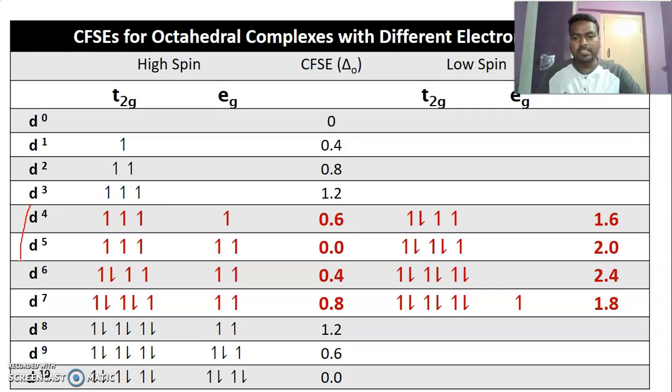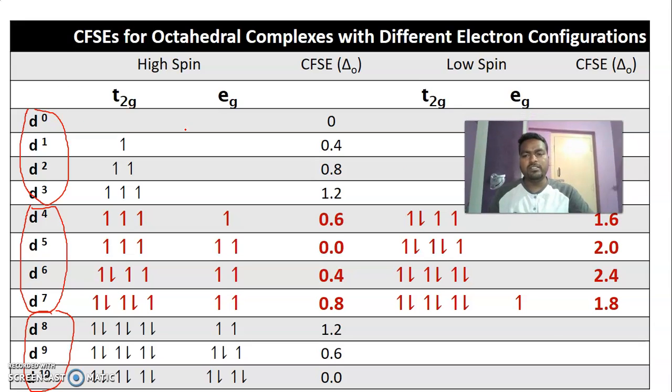So only in these four systems the question of high spin and low spin comes, and here you cannot tell whether it is high spin or low spin. The crystal field stabilization energy may be the same in either case, but just look at here, you can easily calculate. The electronic configuration in D1 system is T2g1 Eg0, D2 T2g2 Eg0, D3 T2g3 Eg0, D4 T2g3 Eg1.